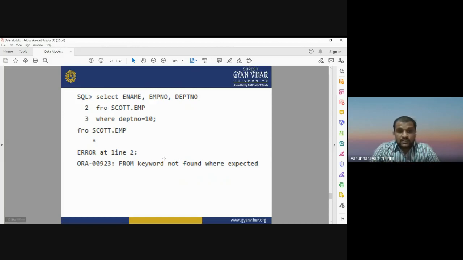If there are missing keywords, then it will show this kind of error, known as ORA-00923. If you are finding this kind of error, it means the keywords are missing in your database.